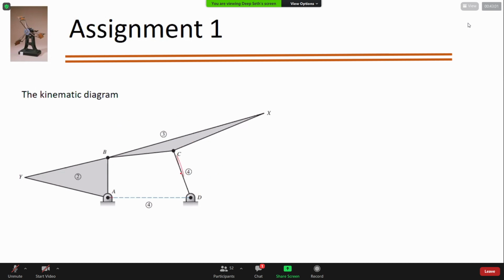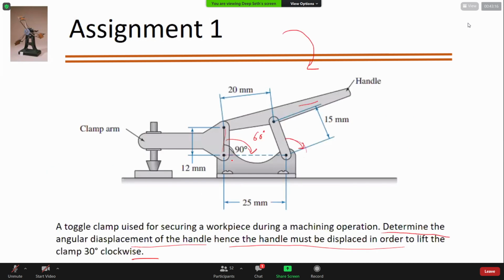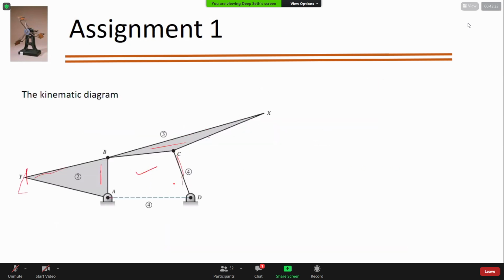Just for the explanation, this is your coupler. This is your link for the handle. This is the other side from where you are actually holding the workpiece. Okay. So let's go back. So this is your one link. Okay. This is your lever. This is how it is forming. This is another link, and this is your fixed frame. Okay, so like that it is forming this kinematic diagram. So this is your link 1, not 4. This is your link 2. This is your link 3 and this is your link 4.